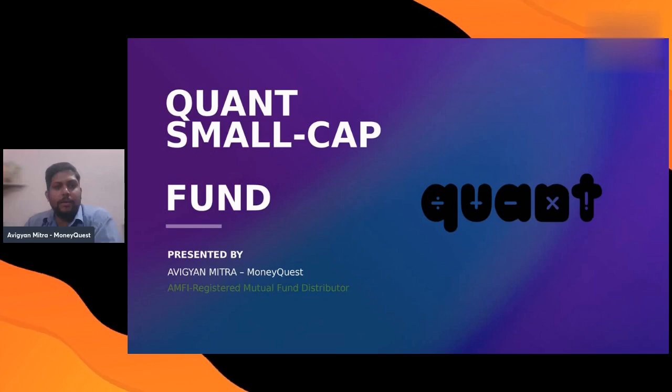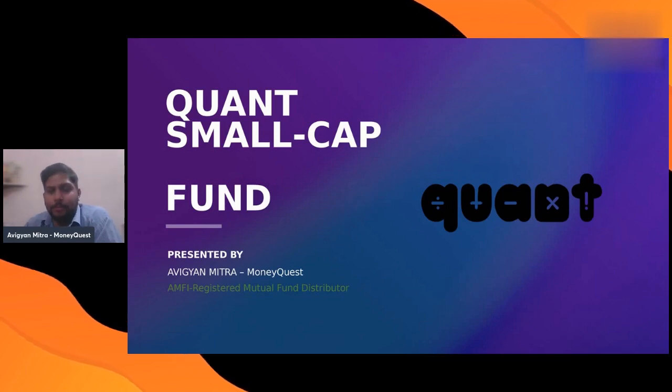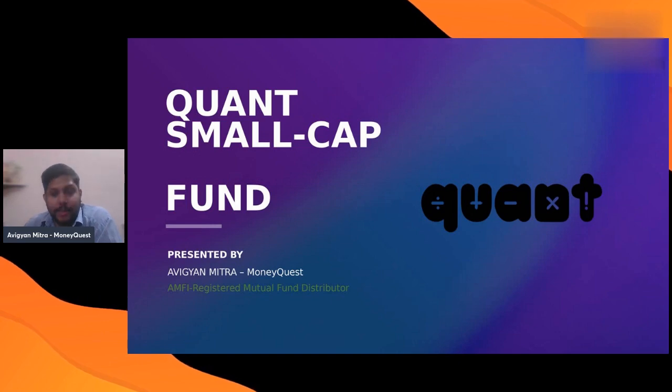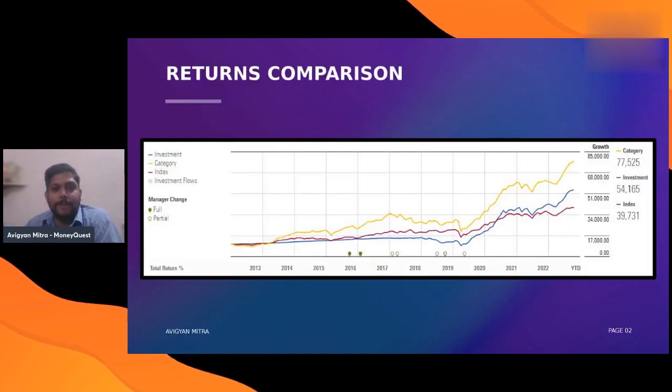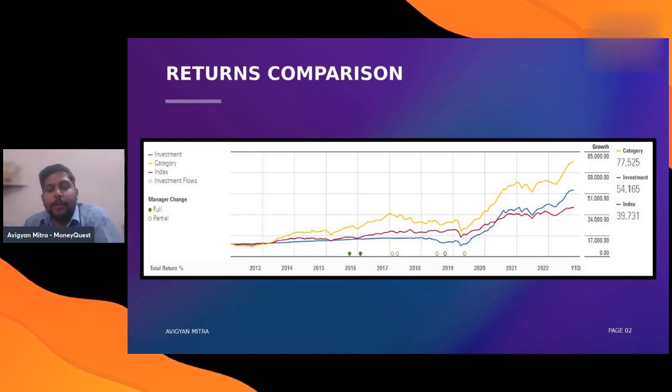We'll be talking about one small cap fund. This fund has been the darling of all mutual fund investors who have joined this market since 2020, since the COVID-19 crash, right? So let's dig deep into this particular fund and understand what our view about this fund is. Now, coming to the returns, if you had invested 10,000 rupees since its inception, it would have turned